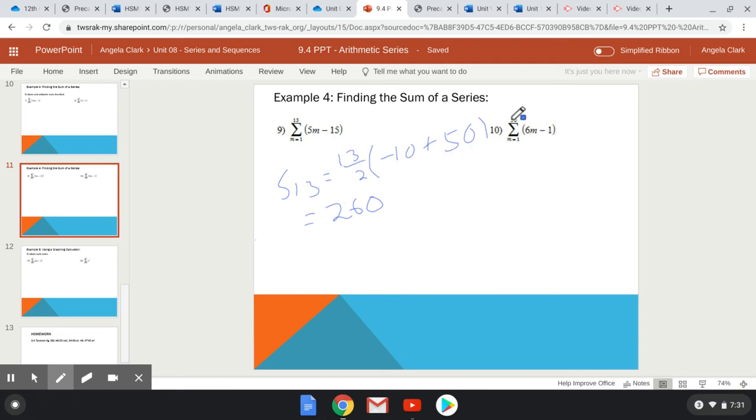Same deal here with number 10. We're looking for the sum of 50 terms. 50 divided by 2. First term, plug in 1: 6 minus 1 is 5. Last term, plug in 50: 6 times 50 minus 1 is 299. So doing the arithmetic there, we get